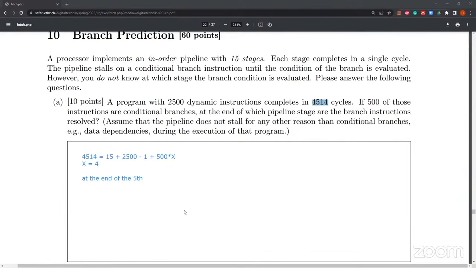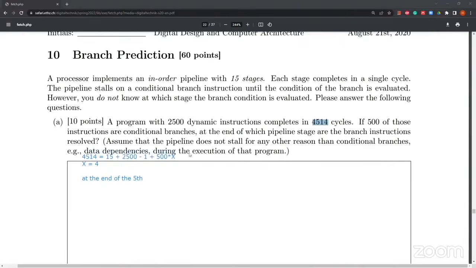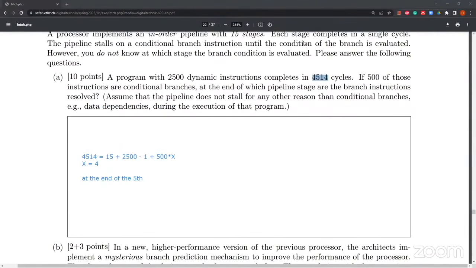So then basically, the number of bubbles caused by the branch instructions is the stage at which the branch is resolved minus 1. Okay, and this was part A. I will clear this